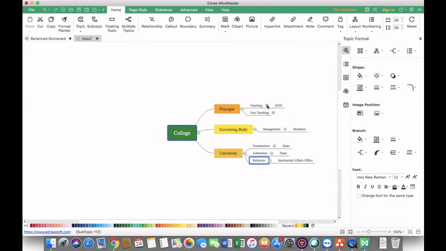The teaching activities include a number of HODs, and the non-teaching activities include the administrative officer in our college. Now all these people will take care of the college management as well as educational systems. So that's how we can prepare our charts, and we can use this chart for our presentations in our meeting. Maybe we can develop some lectures into this chart system.